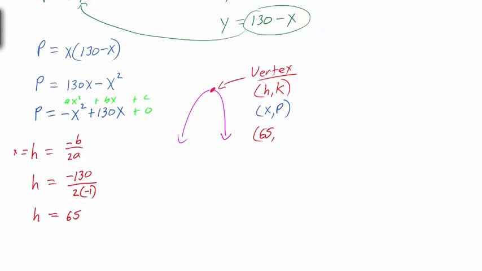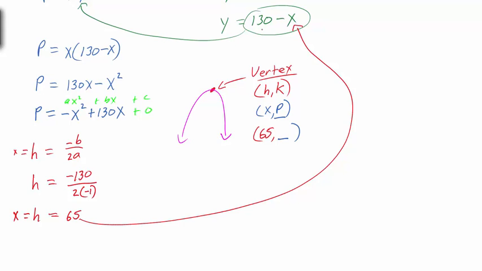Now, for this problem, we really don't care about the p-value. We have this other value here for p, but we'll come back and talk about that in just a little bit. So we know h is equal to 65, which for us is really our x, because up here our variable is x. This is going to be one of our numbers that's going to give us the maximum product. But we want to take this number and substitute that in up here for our x to find our y